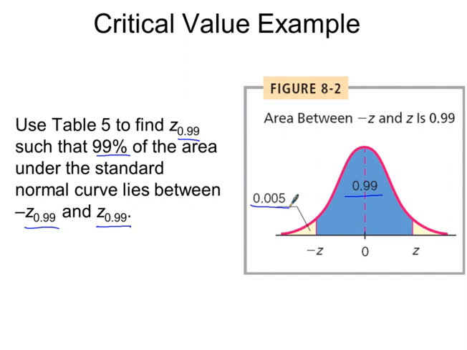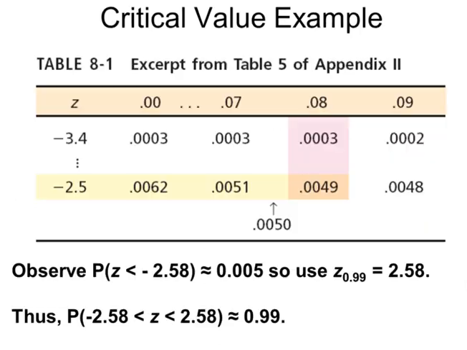And here's how we came up with that. You're going to take 1 minus 0.99, and that's left with 0.01. But that needs to be split amongst both the lower tail and the upper tail. So divide that out and you get 0.005. Look up that 0.005 in the table for the area underneath the curve, and it lands between